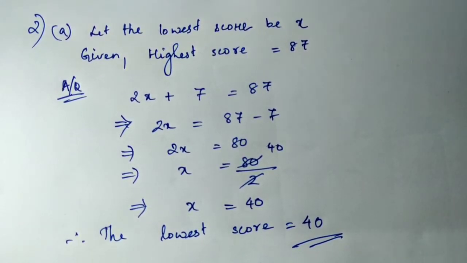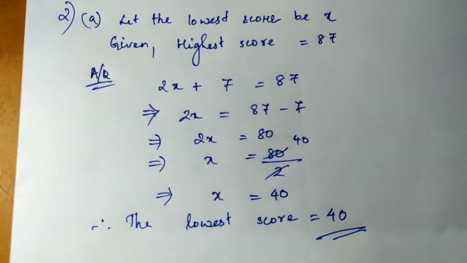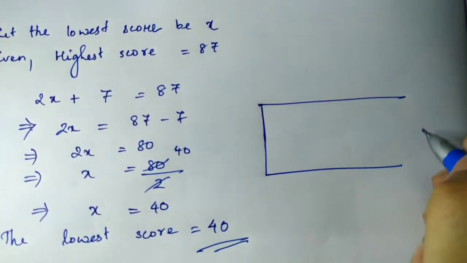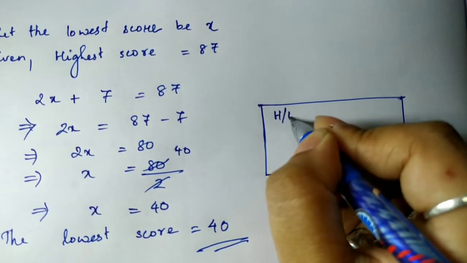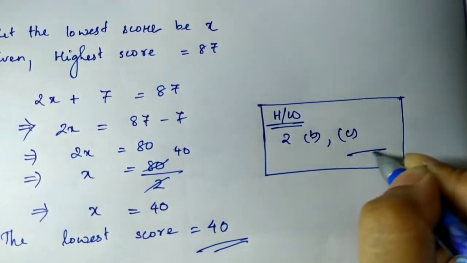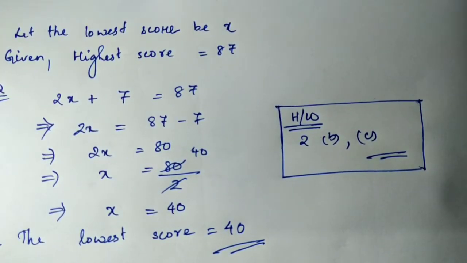You have two questions in question number 2, B and C. After this, that will be your homework. I would like you to do that part. So I'll write down the homework part here on the side. Your homework will be from question number 2, B and C. Simple way: please read the statement given in the question properly, then you can frame the equation.